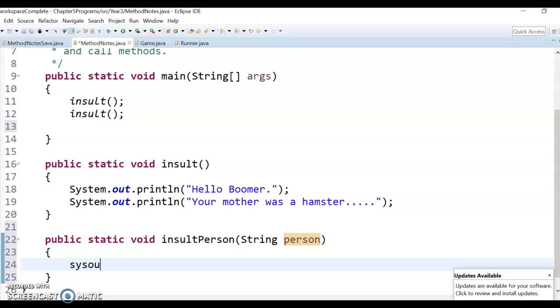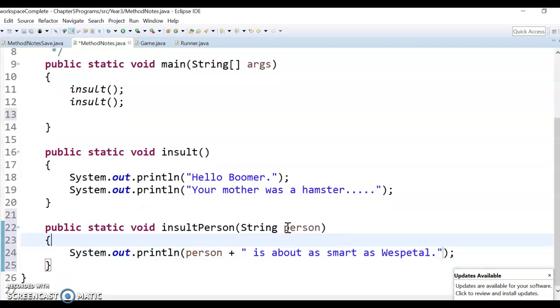All right, so in my print here, I'm going to use that variable. So I'm going to say person string plus is about as smart as Westbrook. That's about the most insulting thing I can think of. Okay, so basically, whatever string gets passed in here, whatever value it has, will get put here, and then appended to it is that statement, is about as smart as Westbrook. So back here in main, when we use insult person,